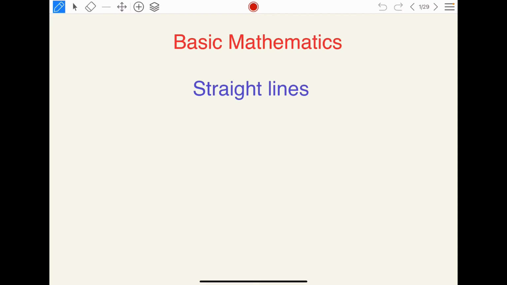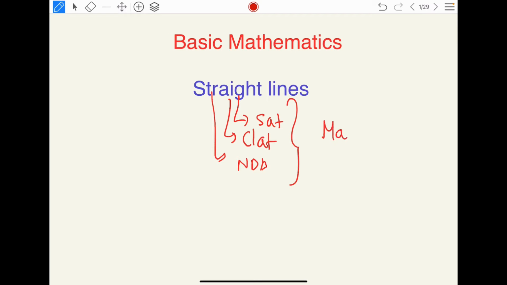So, in today's session, this is part 2 of your basic mathematics series, which is for your JEE, your NEET, not for your NEET physics, I would say, JEE, NEET physics, which is also for your respective school exams, for your boards, and very, very important for examinations like SAT, CLAT, NDA, etc., in which you have a section called Math Aptitude.